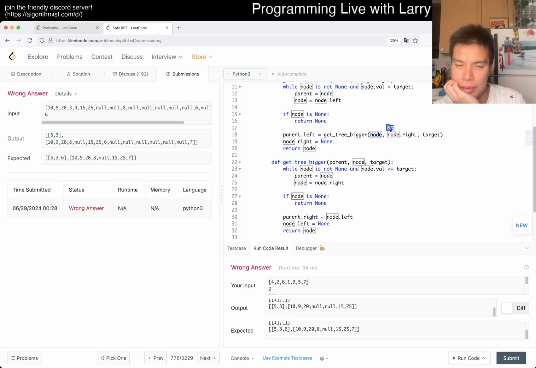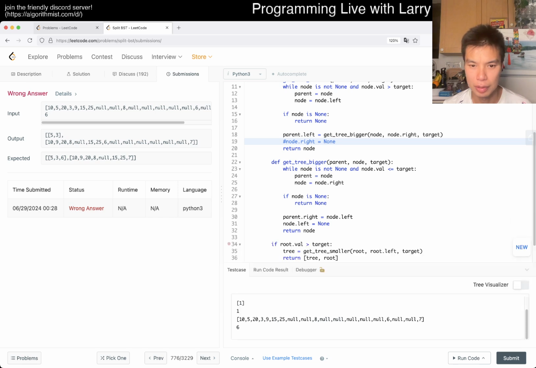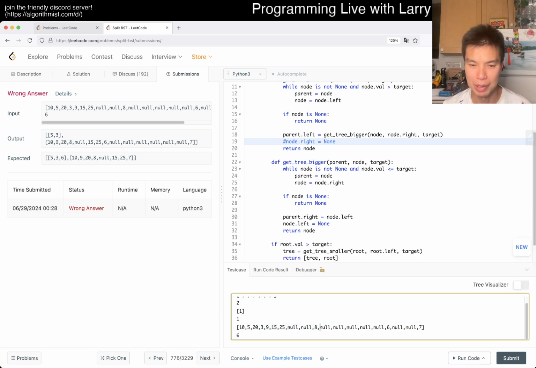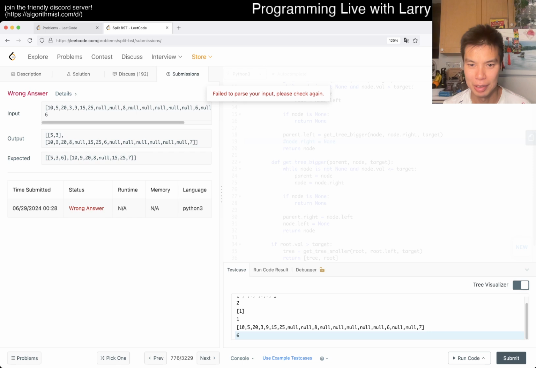I'm struggling with the recursion. Okay. What is this node again? Maybe I'm just debugging the wrong thing anyway. So